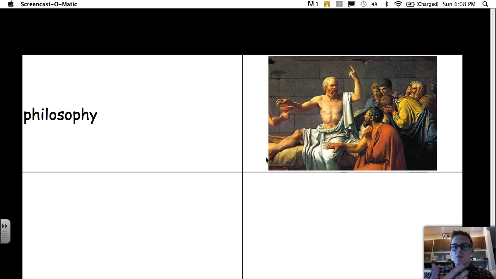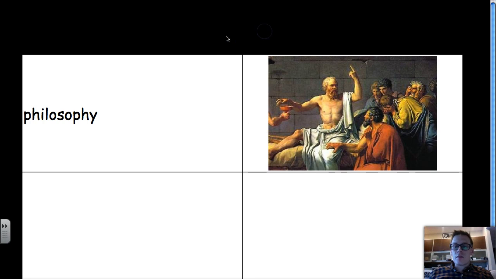They shouldn't just take things for granted. So he was always going around trying to question people's beliefs. Why do you feel that way? And it got him in trouble. People got annoyed by that. So he was sentenced to death. And these are all his friends, and they're with him at his side, and they're trying to persuade him, don't take the poison, we'll help you, you can try to run away. And Socrates had a firm philosophy. He had a firm philosophy that he should not break the law. He felt that because they assigned that consequence to him, he had to follow it. He drank the poison and he died.